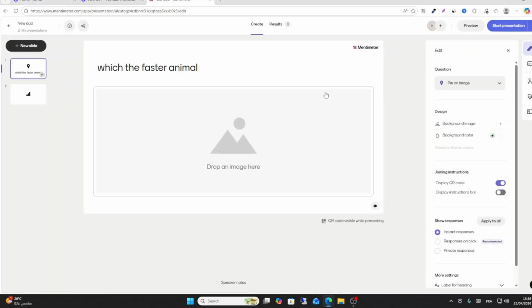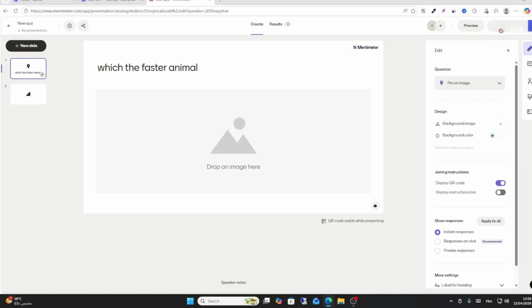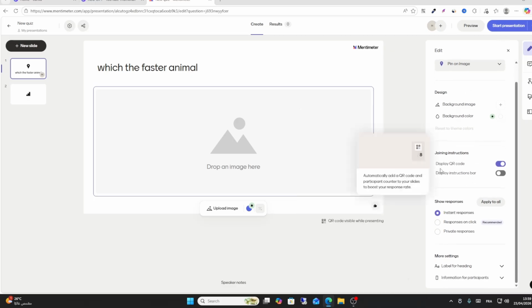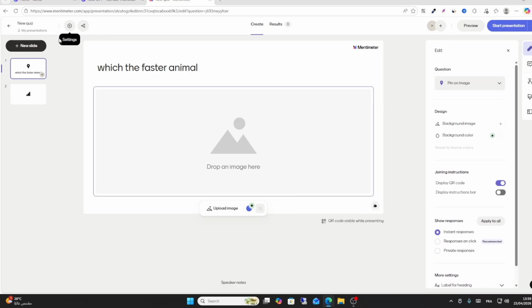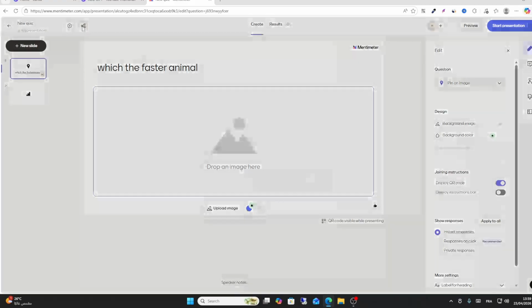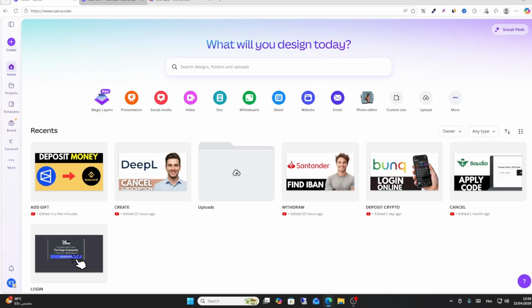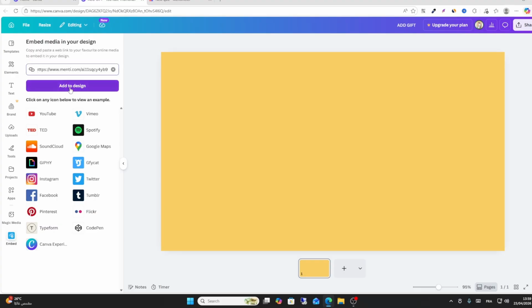From this page, all you have to do is click preview or share. This is for preview. Just go back, click on this icon. As you can see here, click on start. You have a lot of options here. Just click on this icon, the share option, and then copy this link. Click on share, copy link, go to your Canva, embed, and then click on write this one, and then you will